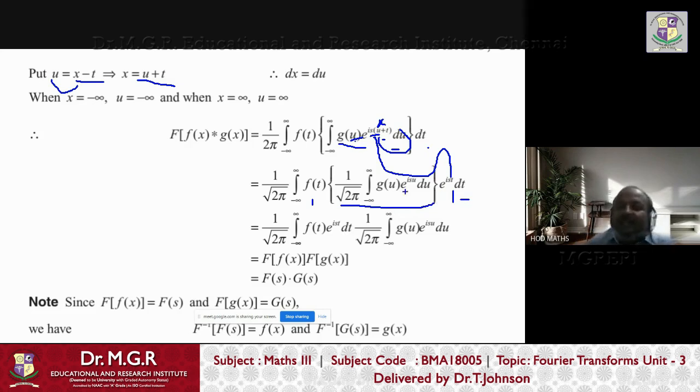By definition, this is the Fourier transform of the function g. Whether it is g of x or g of u is immaterial, because as I told you already, if f of x equals x square or f of t equals t square, both represent the same graph, the parabola, right? So t square or x square, no problem. It is the function representation. So here it is a function g, and e power isu is there, and here the variable u is used instead of x. So in general, this is the definition of the Fourier transform of g of x.